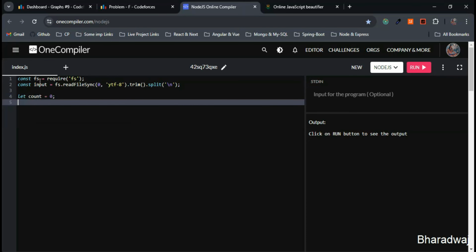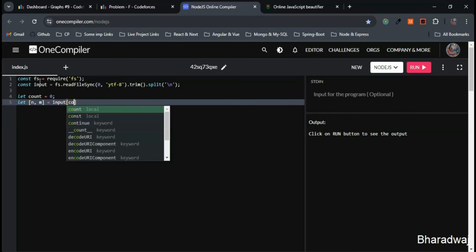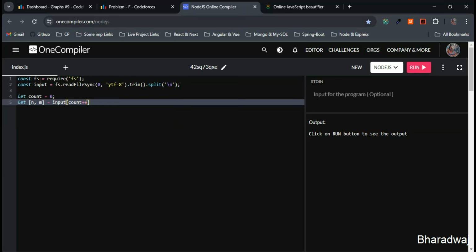Also, we have to extract the number of vertices, that is n, and edges m from the first line. In simple terms, we are extracting the number of vertices and edges. So how can we write that? I'll make use of the destructuring operator, n comma m, and I can give here input of count, incrementing to move to the next line. If we have distinct numbers in the same line, separated by spaces between them,